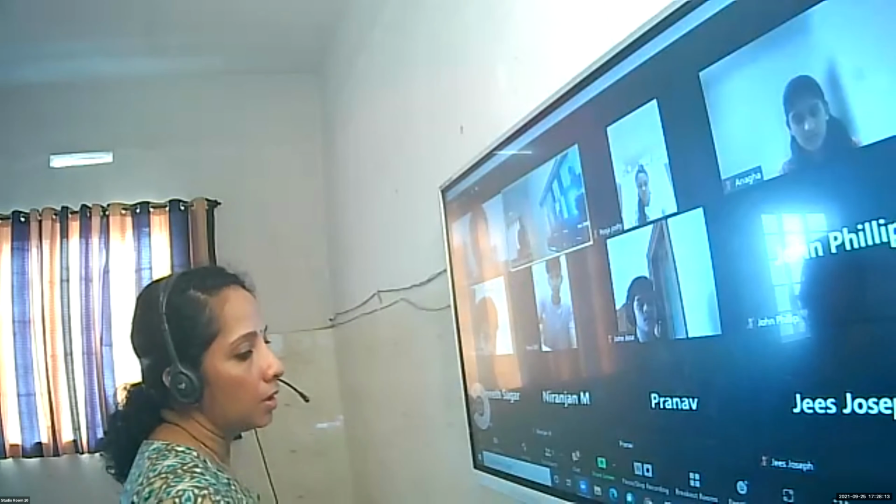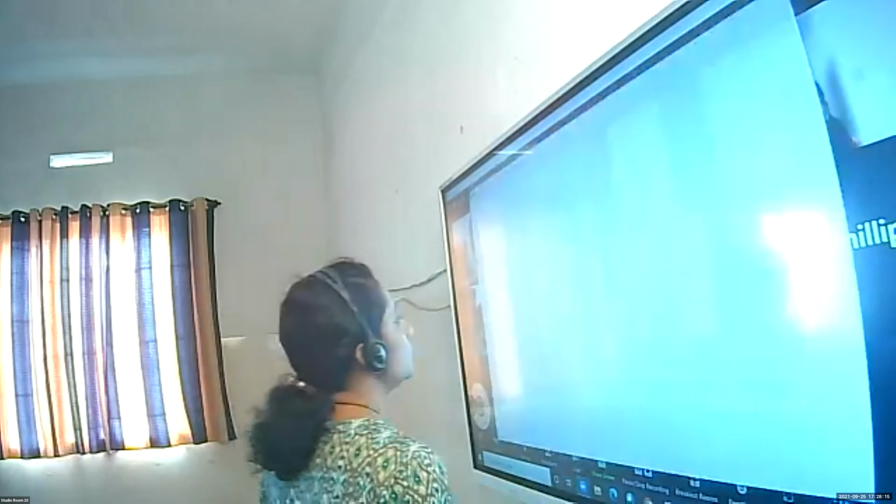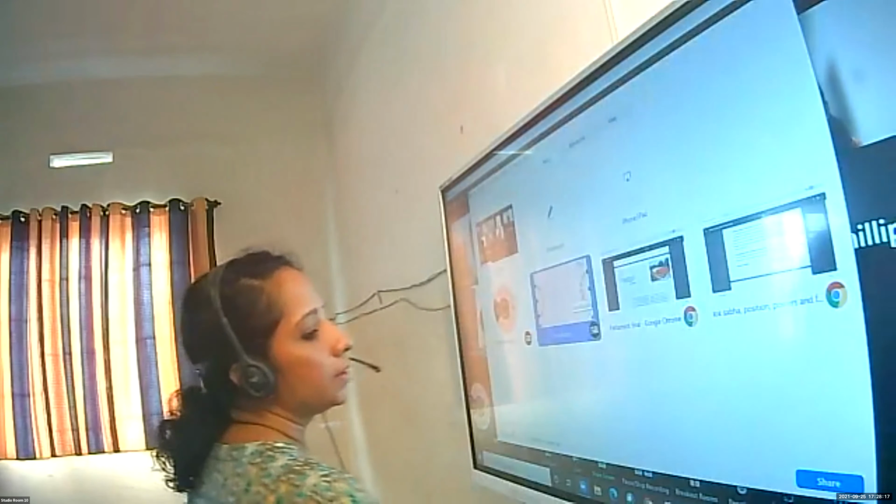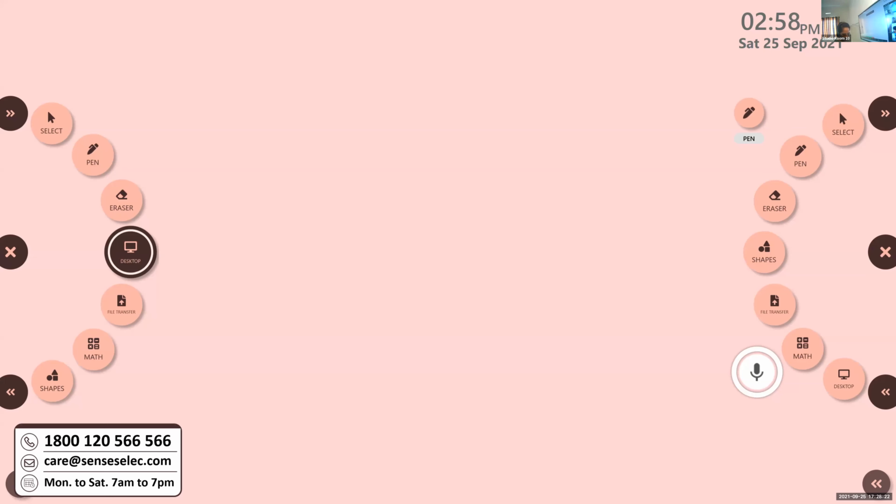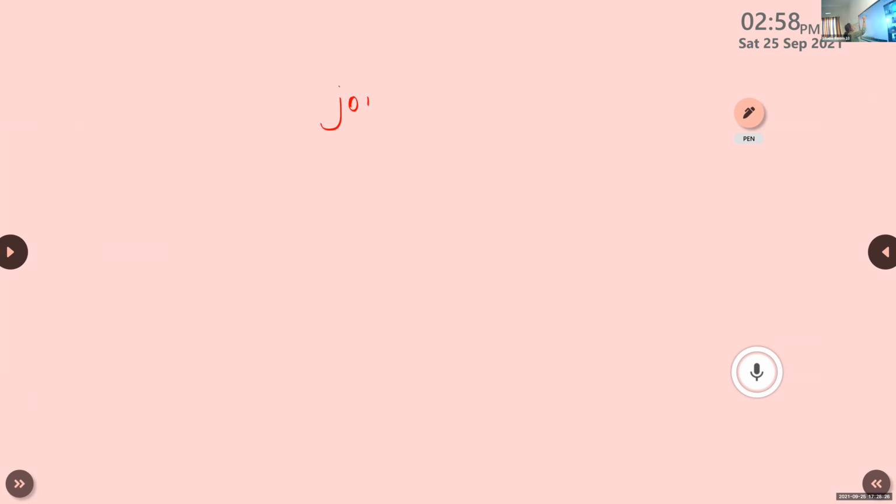Okay. So then we are discussing the last two functions related with string. The first one is join. First write the heading. The second last function related with string is join. Then write the definition.